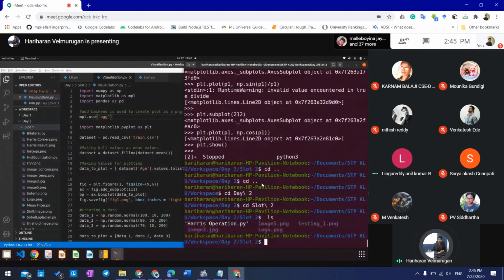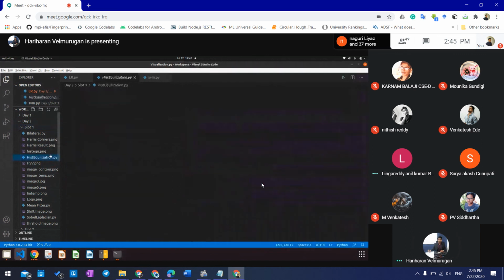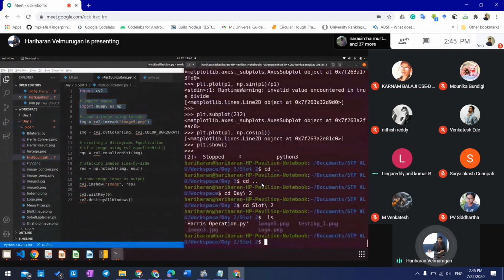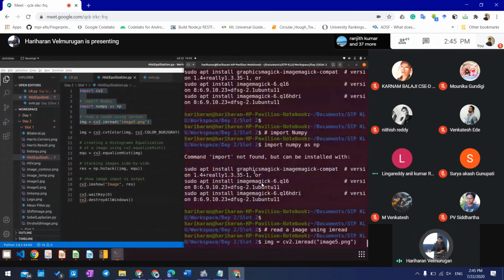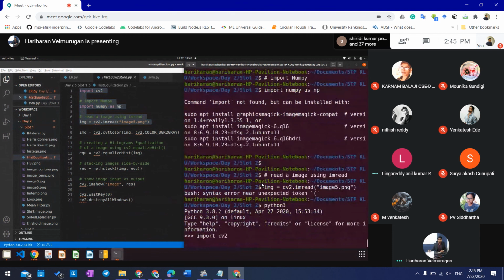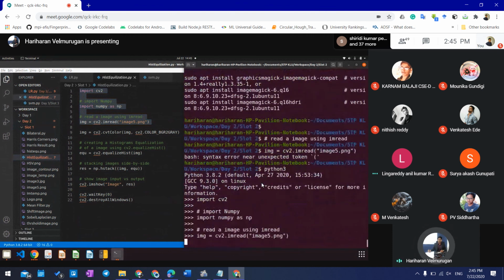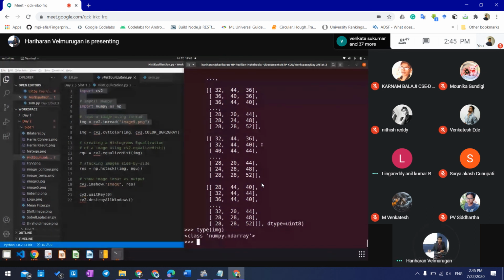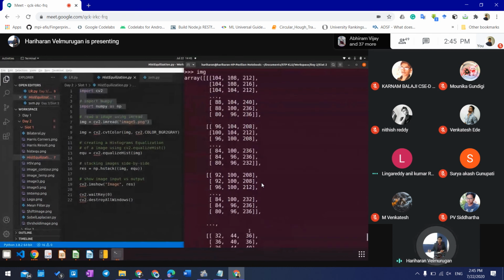So there you can see, let's say, if you are using this kind of imread in Python 3, after reading it, if you check the type of the image, you can see that it is a NumPy ndarray. So whatever the image is, instead of the features that I have mentioned here,